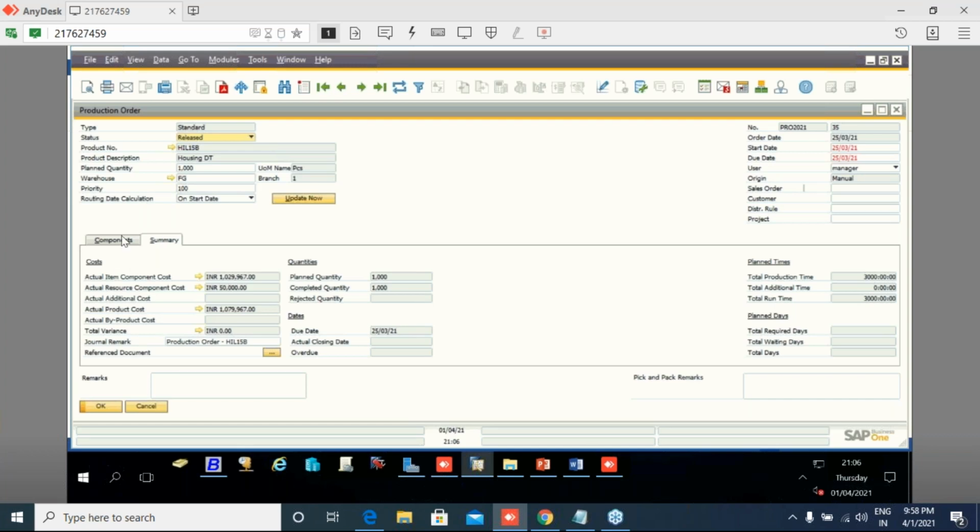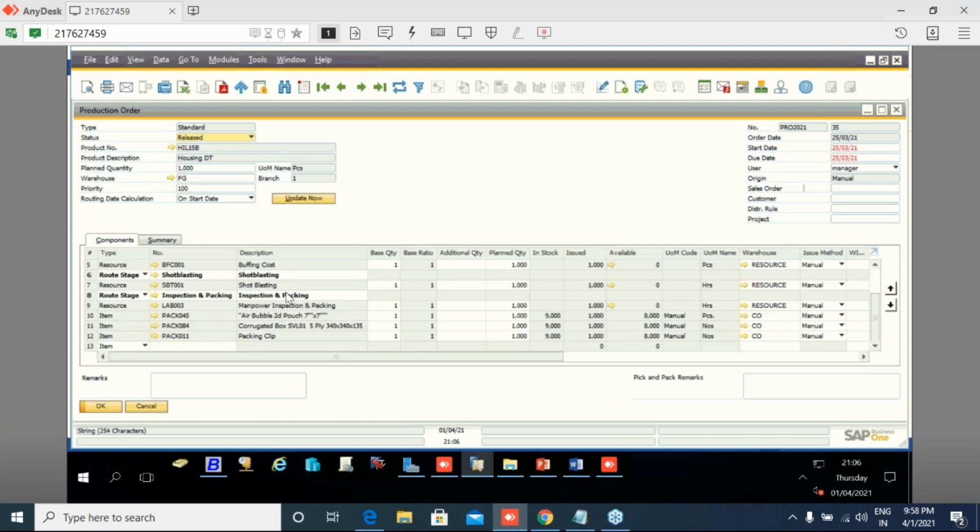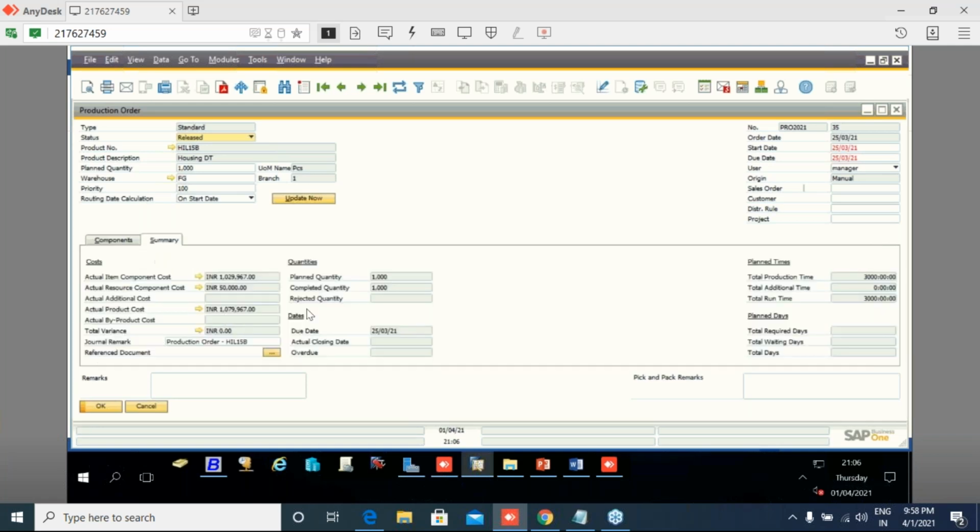For example, the plan quantity is 1000, then 1000 is multiplied with the resource cost we have defined in the resource master data in the standard cost. On the right-hand side, you can see the plan terms, total production time and total run time, which I have explained just now.